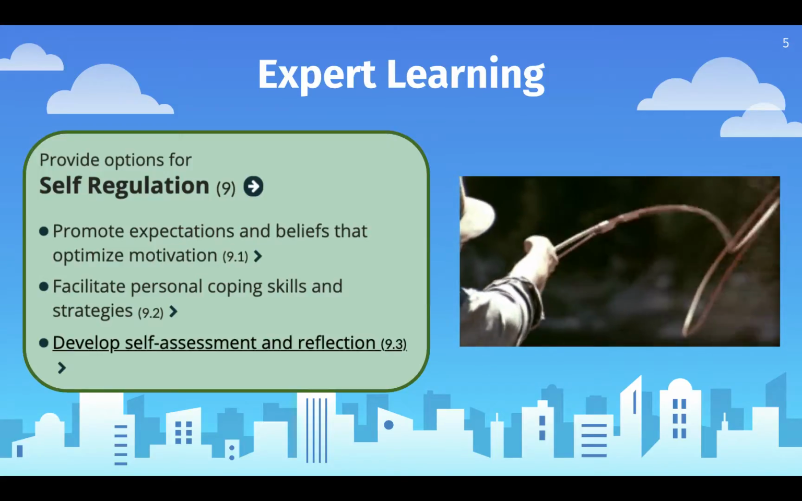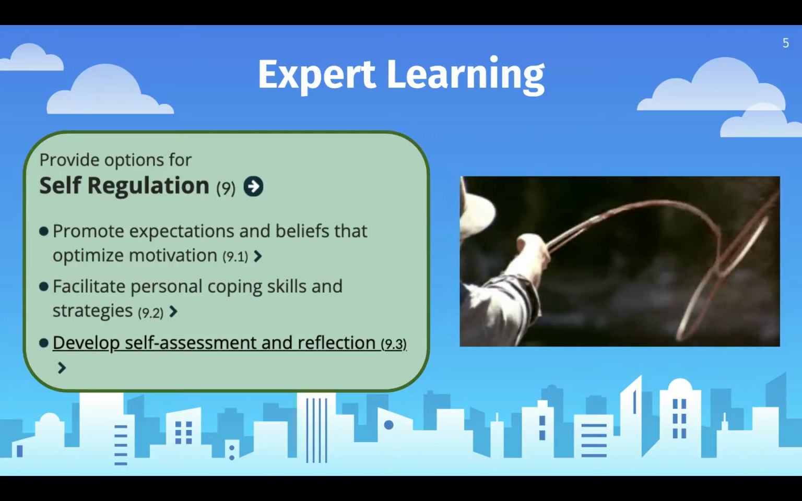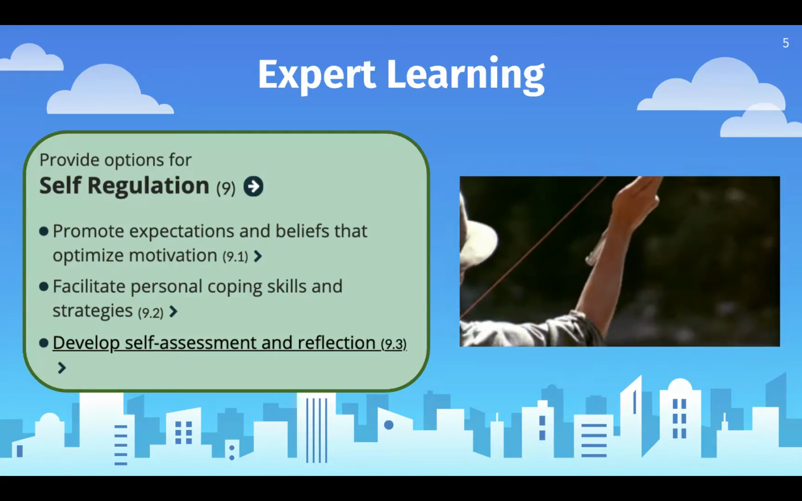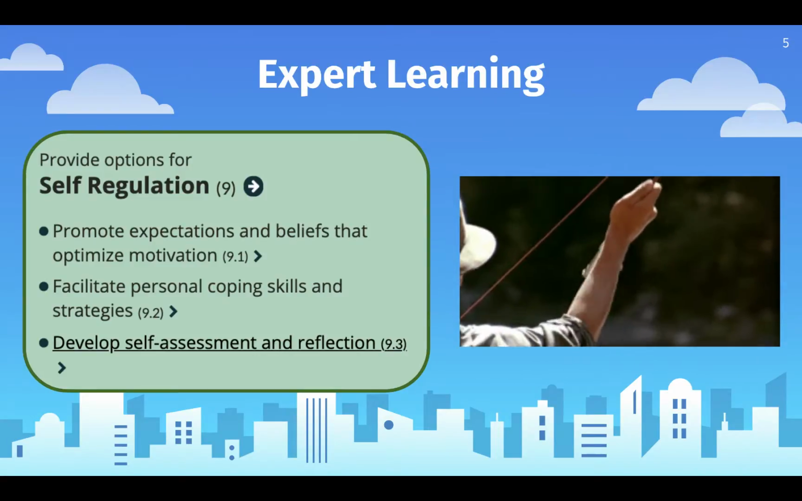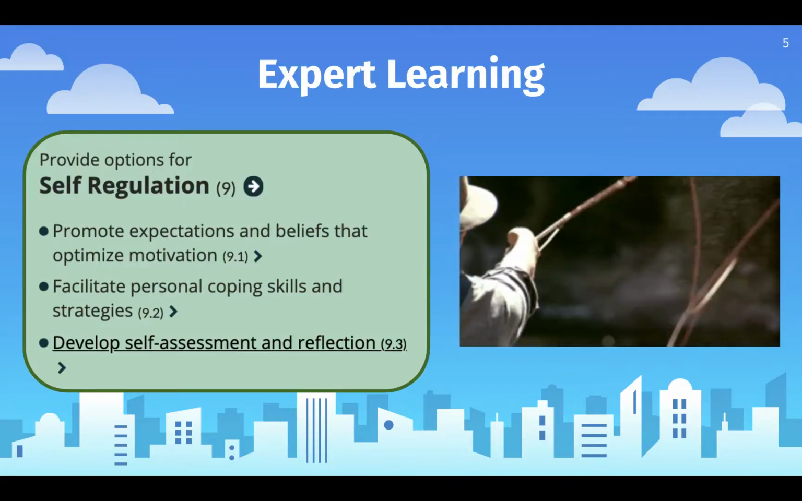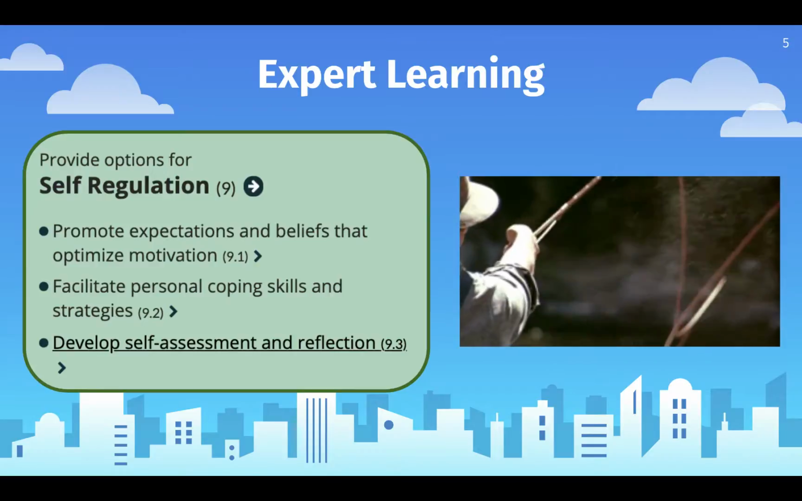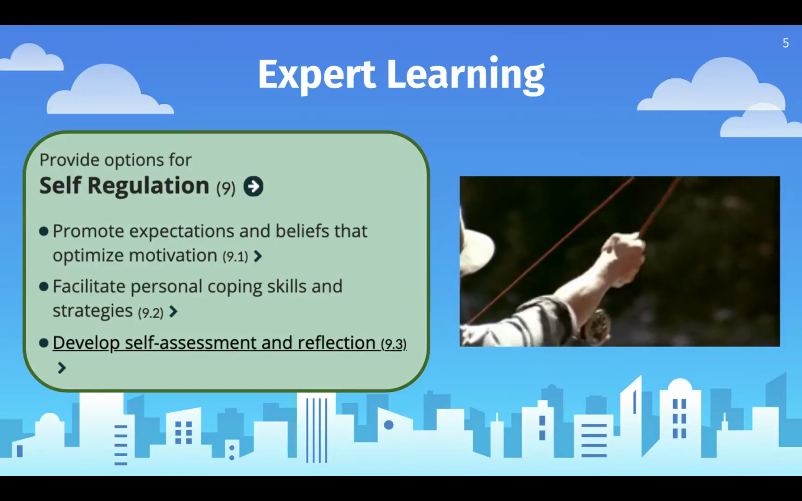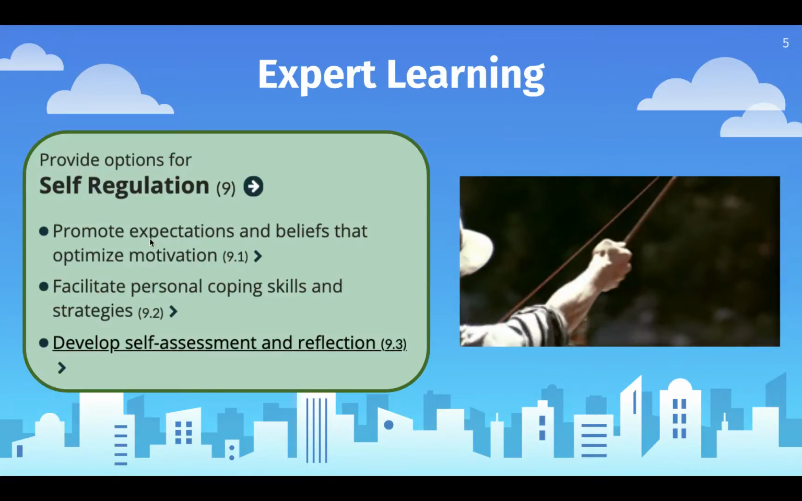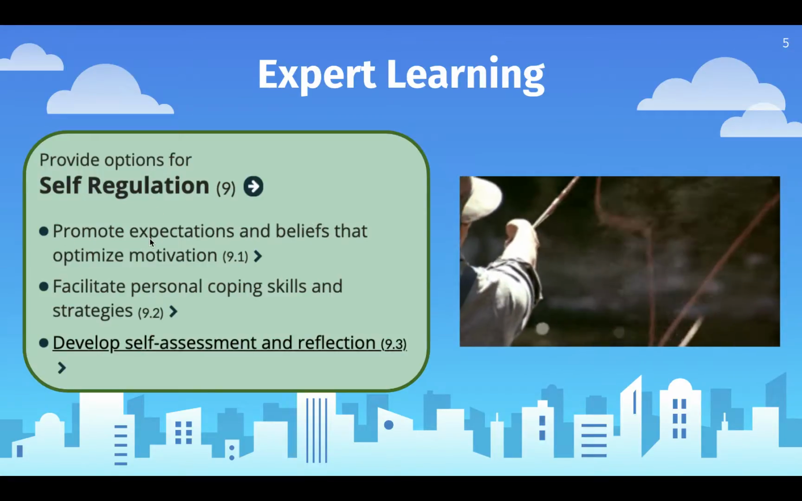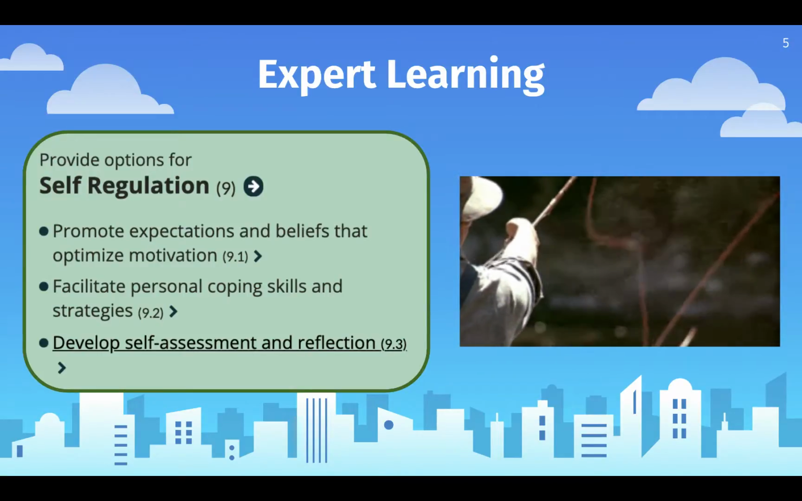So the first one is all around providing options for self-regulation within the providing multiple means of engagement principle. So I'm just going to read these really quick. Promote expectations and beliefs that optimize motivation, facilitate personal coping skills and strategies, and develop self-assessment and reflection. So these are the big ideas of a learner that is intrinsically motivated, meaning they believe that it's possible for them to learn something, right? They believe they have the capacity to do something hard, to accomplish a challenging task, to learn a new thing,